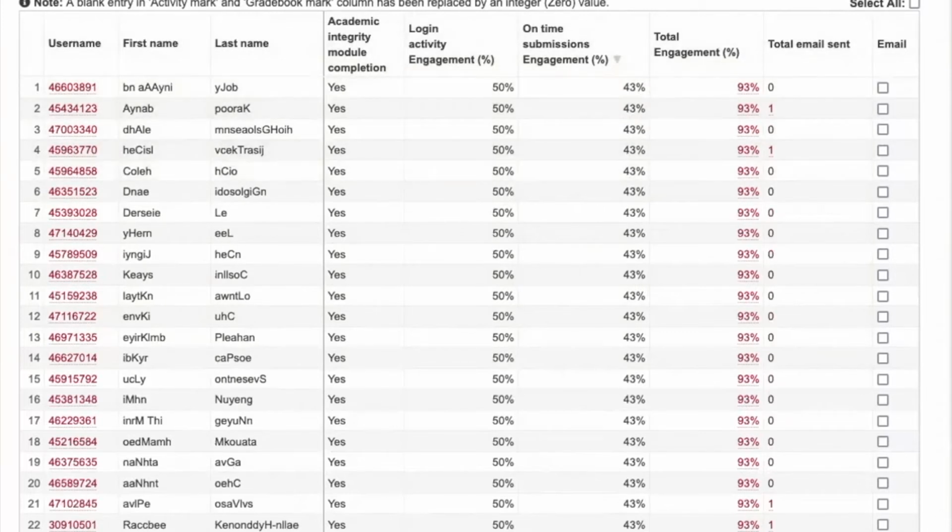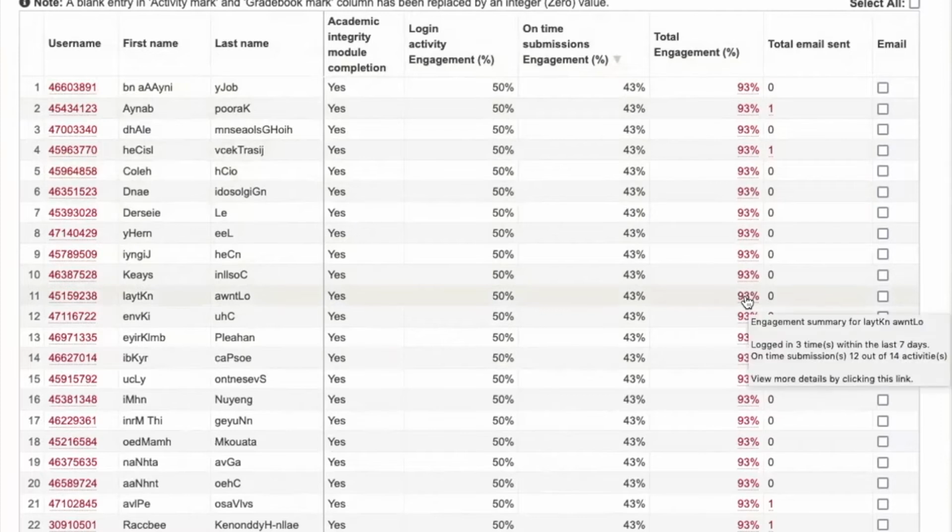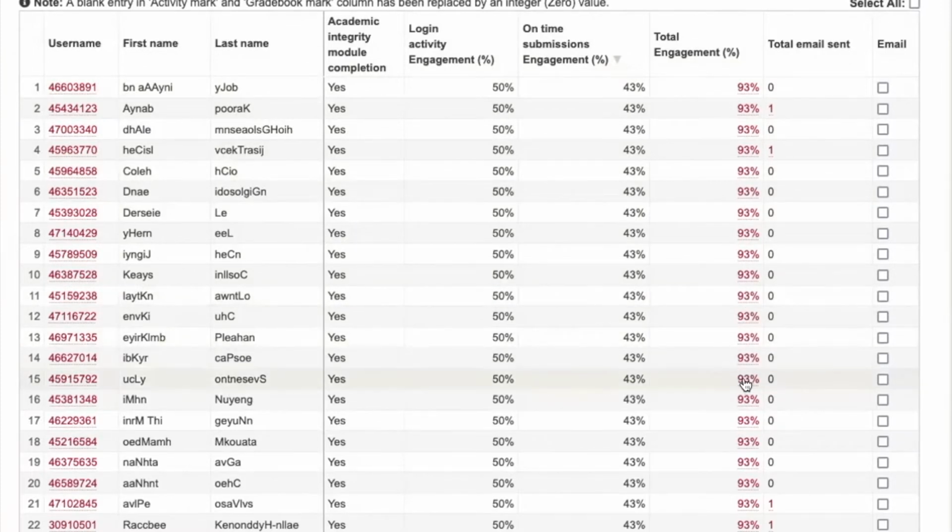So this is student by students. And if you put your cursor over here, this will give you some more information about a particular student, in case you want to know. For example, this particular student logged in 6 times within the last 7 days, and on-time submissions, as you can see, 12 out of 14 activities. All right. So I put a little bit more information in case you want to really look into